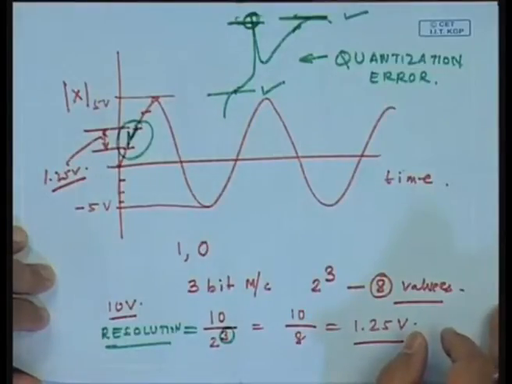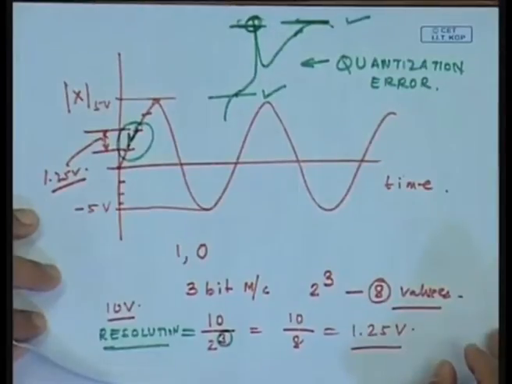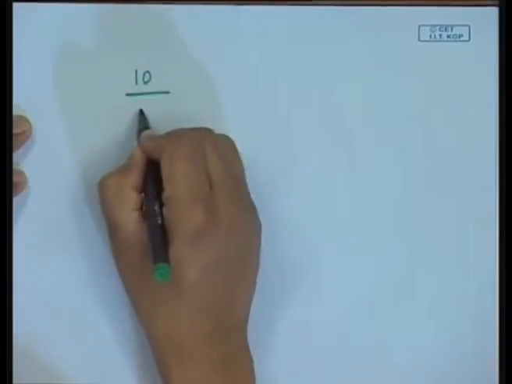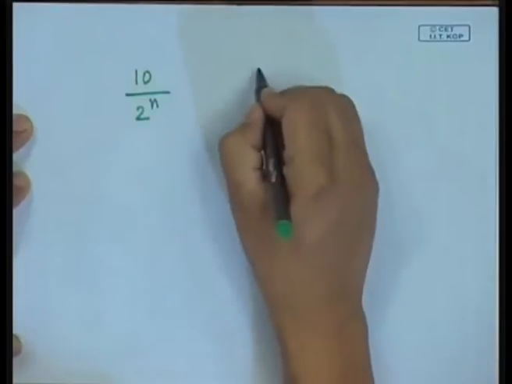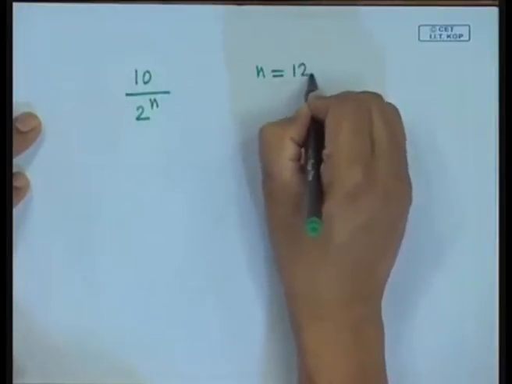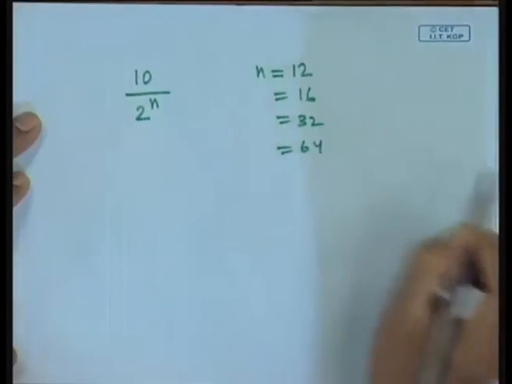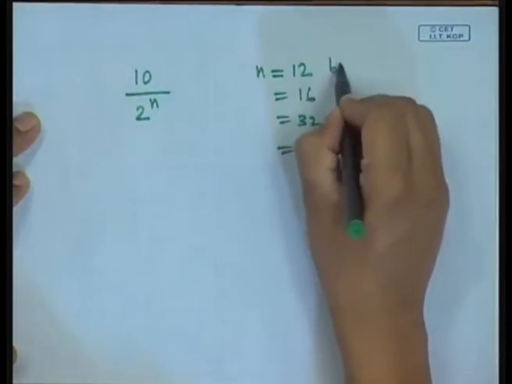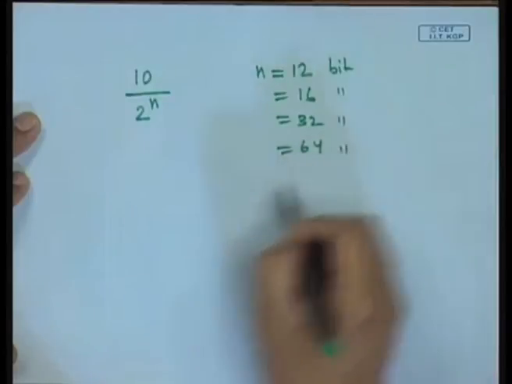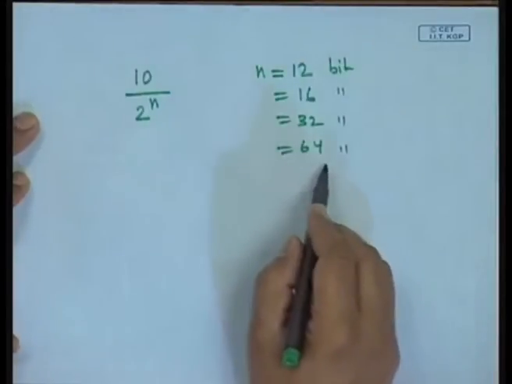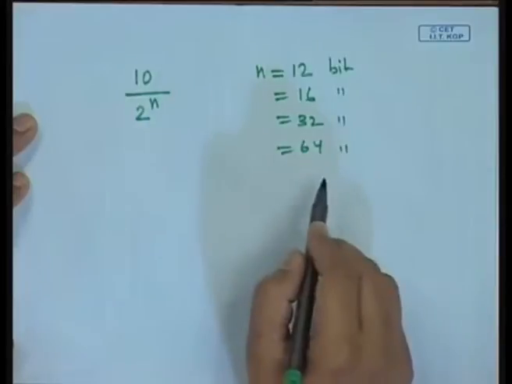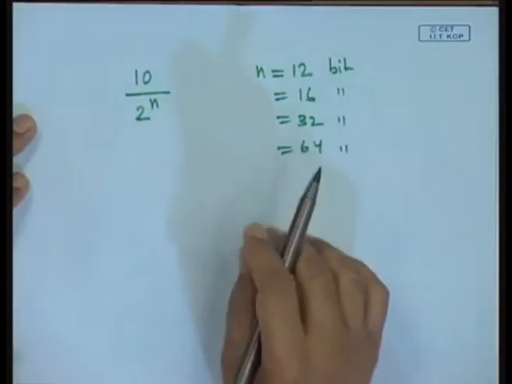And this can be avoided by, obviously, using 2 to the power n, where n could be 12, 16, 32, 64 and so on. So, the resolution of a 64-bit A to D hardware will be much finer than